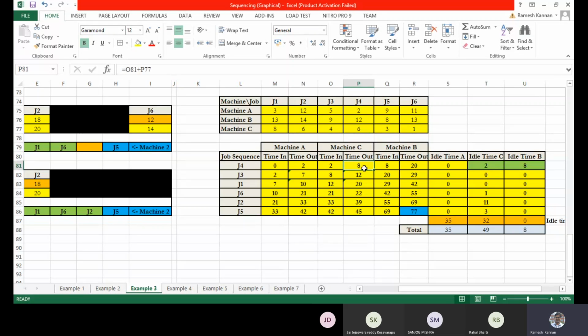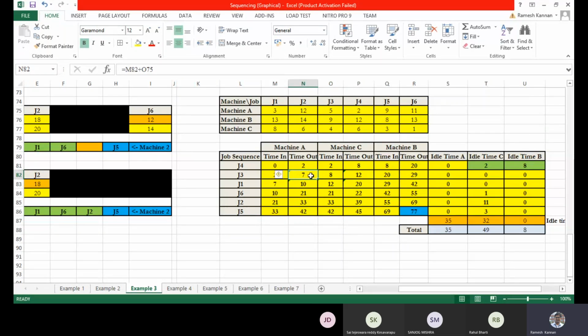Okay. Then we'll look into the condition, because you cannot directly put down this value in this cell like in machine A; you need to look into this cell first. In this case, job 3 of machine A gets over by 7. Then there won't be any problem with putting 8, because remember the condition: this value should not be lesser than this value.